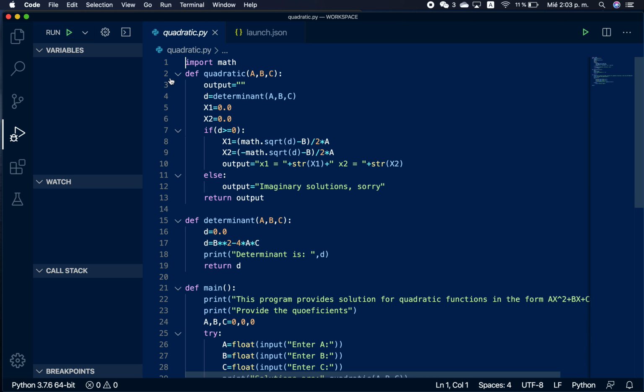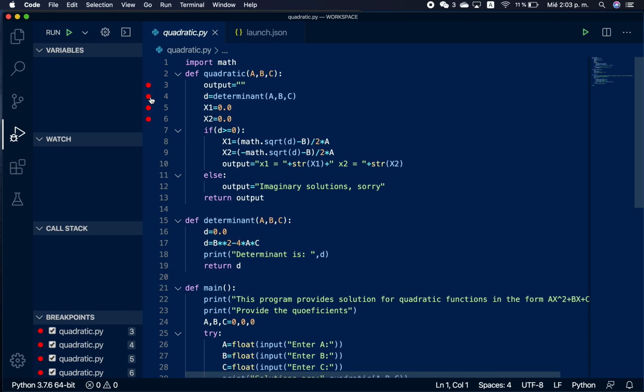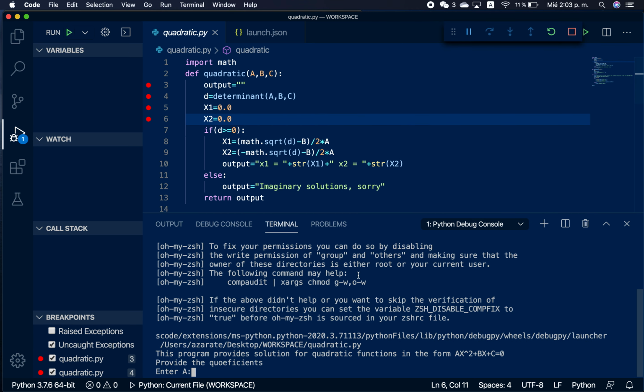Now breakpoints are just points in your code where you want the program to stop to check things. So let's say that in here, whenever someone calls a quadratic function, I want the program to stop there, and here and here, right? Let's call this 4 points. So whenever I enter quadratic function, I'm going to check what's going on in this line of code, this line, and this line. So when I hit the run here on the debugging tool, the program is going to start,